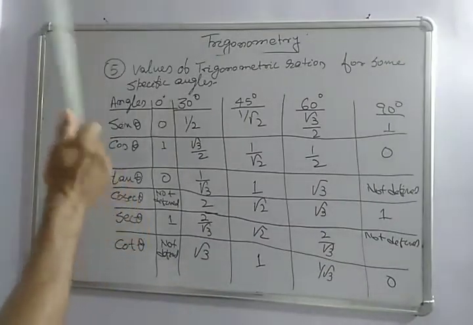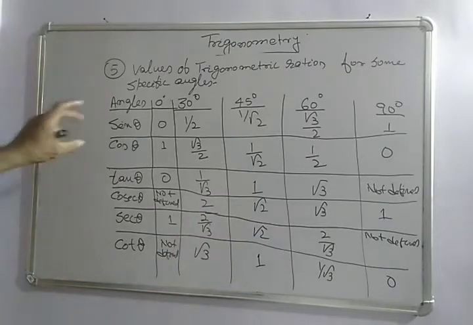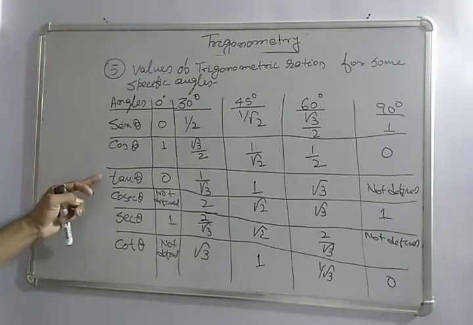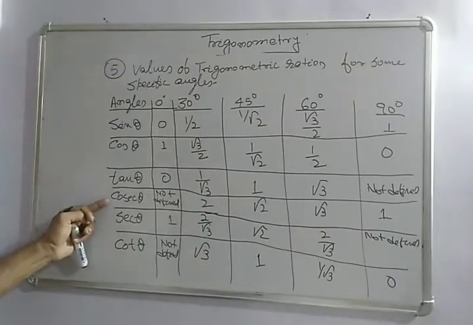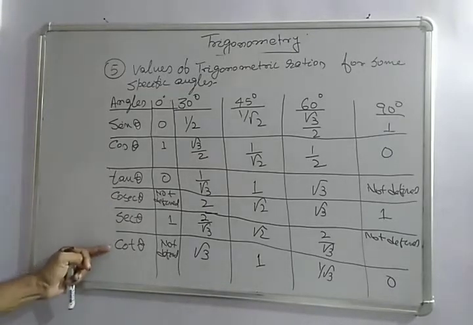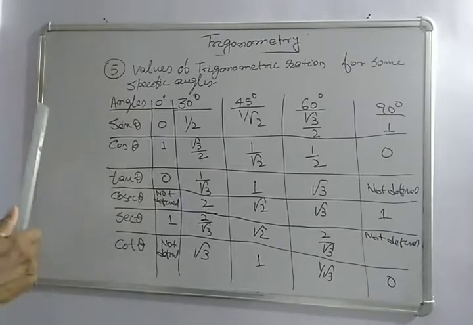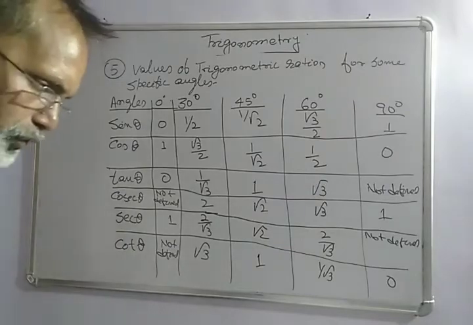So just learn the sin theta, then go for the cos theta from that one. After getting sin theta and cos theta, you can get the values of tan theta, which is sin theta by cos theta, cosec theta, which is 1 by sin theta, sec theta, which is 1 by cos theta, and cot theta, which is cos theta by sin theta. This way you can learn easily and remember the values of these trigonometric ratios easily. Just remember the sin theta and then go the reverse way for the cos theta. Then after getting sin theta and cos theta, go for the other trigonometric ratios.